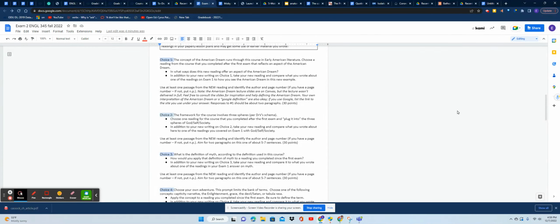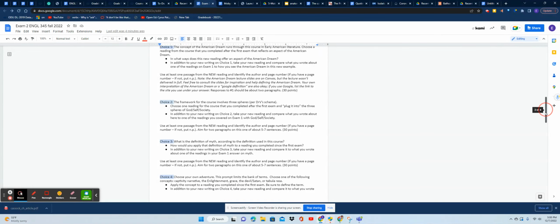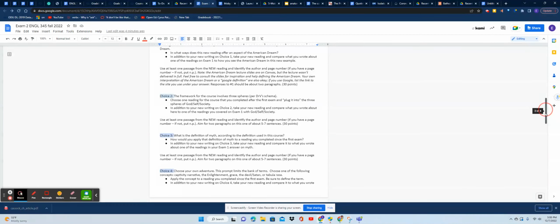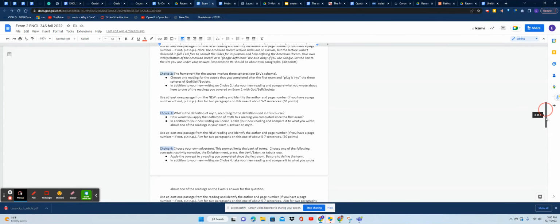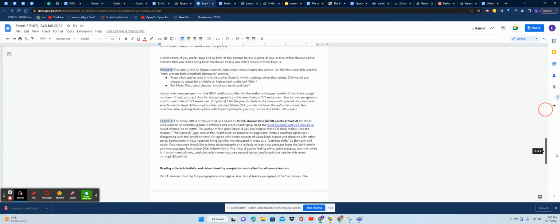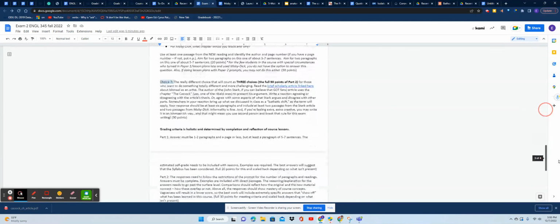At the very bottom of the exam, I have a blue box where I explain that in a little bit more detail if you find it confusing. I think when you read through the prompts, it'll make total sense. I want to go ahead now to a couple more notes.